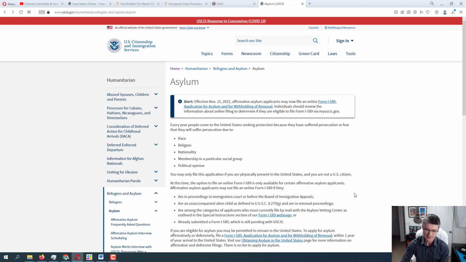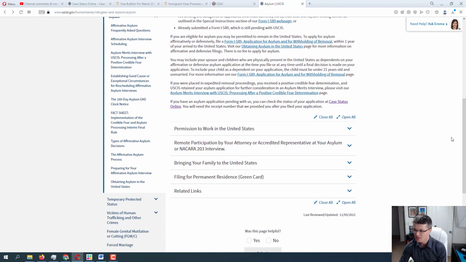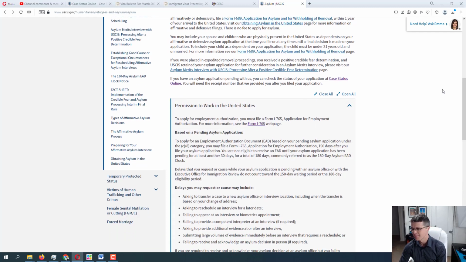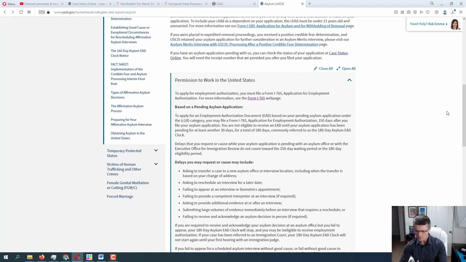You can find it on the asylum application form, the form I-589. You can also find it on the Employment Authorization Document application instructions and the application itself, the form I-765. So you can find that information if you dig in, but again, you have to open the official government website to see that. So here on this page, if we scroll down, there's the very first tab, and I'll put the links in the description below: Permission to work in the United States. And as you can see, it did not change.